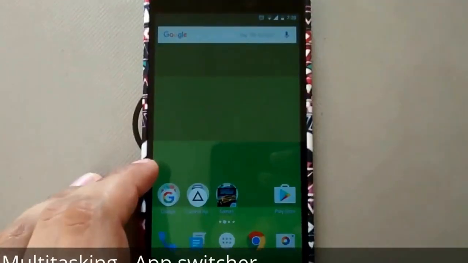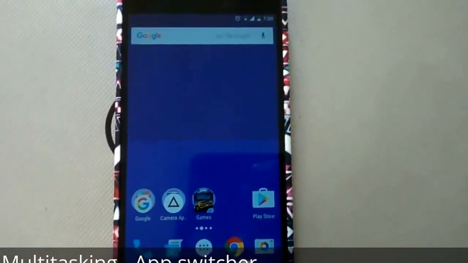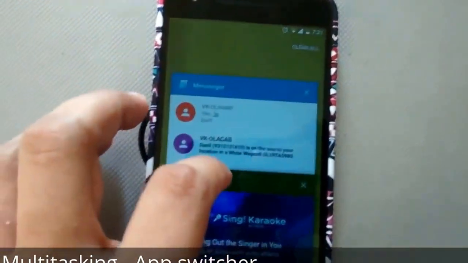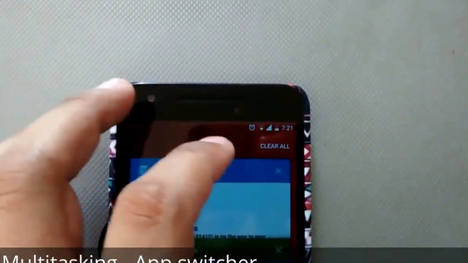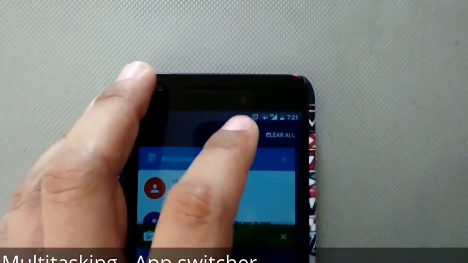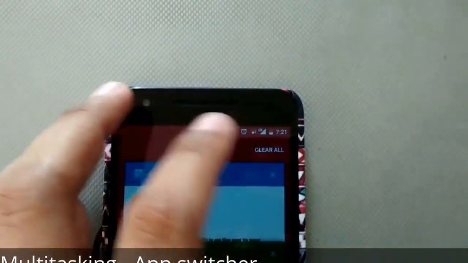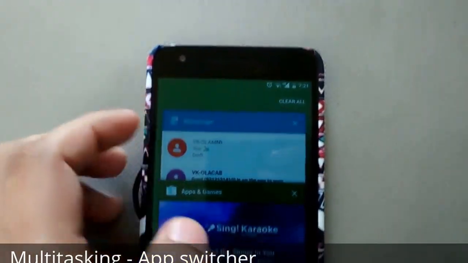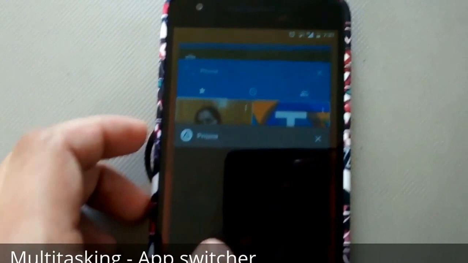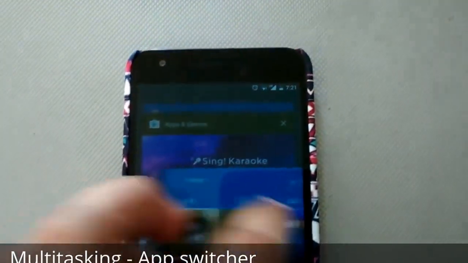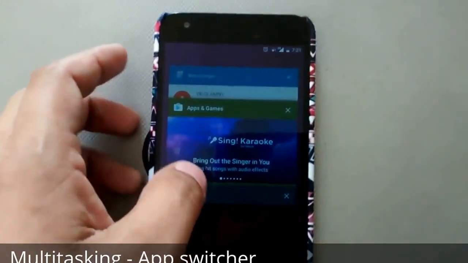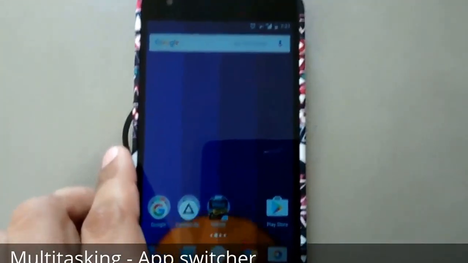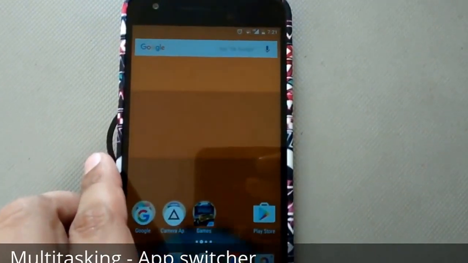Multitasking. Look at how the multitasking screen works. So this is the view you get when you press that square button. Now as you can see there is one clear all button in this version, while in the earlier version we got to see that tiny little 3 squares to dismiss all of the applications. Now we have this clear all, and let me just clear one application. Let me clear this dialer. Okay, so we are done with the dialer, and let me clear all. Alright, so we are done with all of those applications and those applications are terminated now.